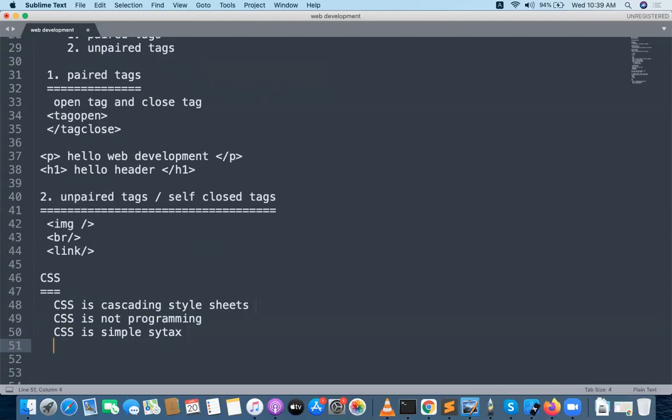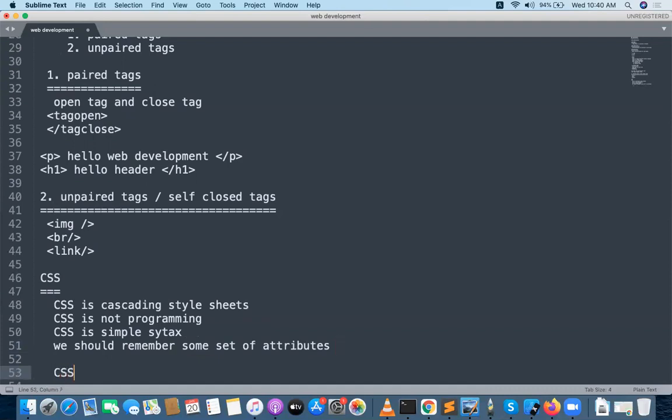We need to remember some set of properties and attributes, nothing but values and properties. I will tell you the list of attributes that are part of CSS.